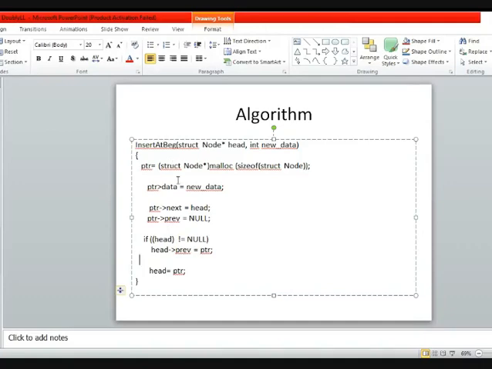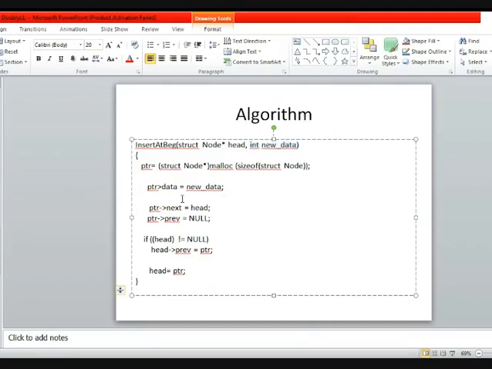So here's the algorithm. Let me brief the algorithm to you. First you need to allocate memory to the node which you want to insert. Once you use the function malloc, the space for that particular node will be allocated to you. And once the space is allocated, you can assign its data as the variable you have entered in the function in the form of int data.